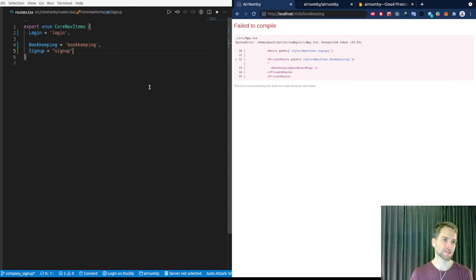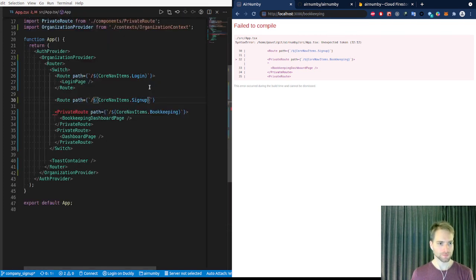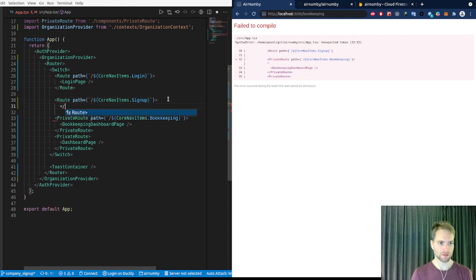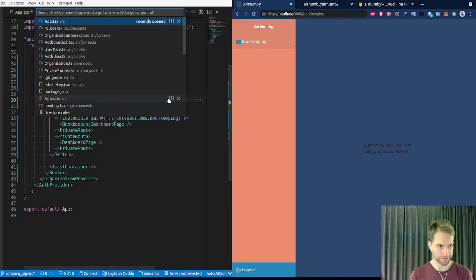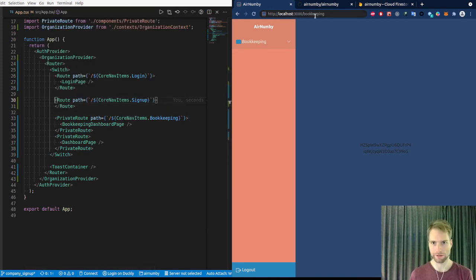Yeah, makes sense. Let's put it up here because it's more connected to the login flow. And then if we have this route, I'm going to get to what the private routes means in a sec. Yes. So yeah, now if we go to sign up,